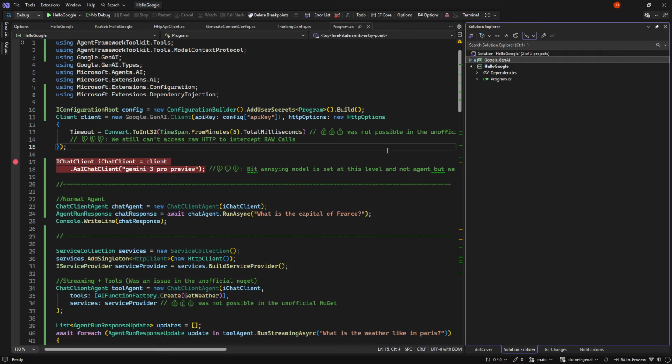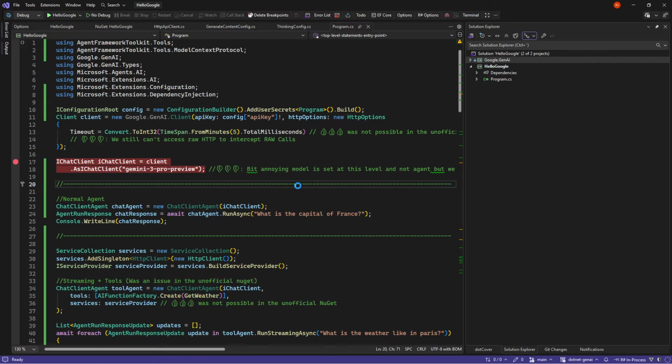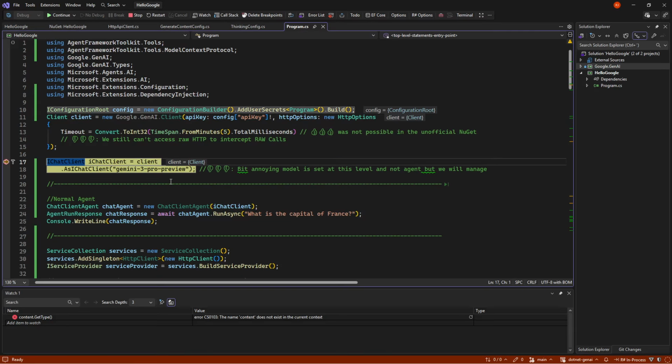And I will definitely be switching my agent framework toolkit from this, because the history so far has been that there's been an unofficial package called Google Generative AI that could be used, but it had a bunch of flaws and limitations, and we are going to see here what the changes are and what is better and what is still a little lacking. So let's run the code here and see.